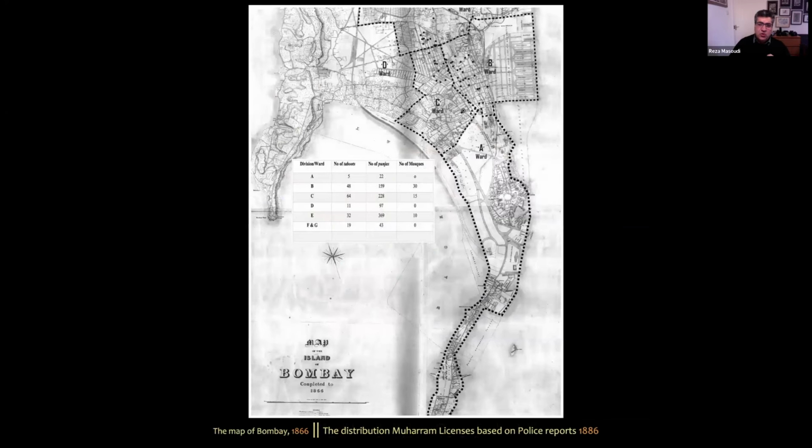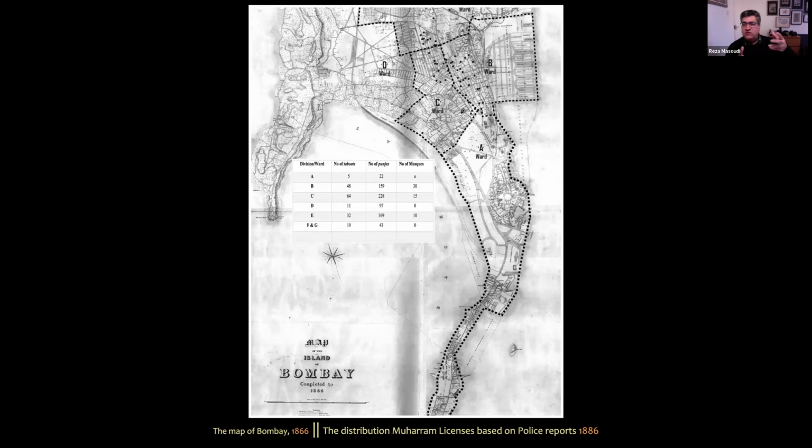But to understand the situation of Muharram, on another map, I put all the mosques on the map, and I went through a large number of police reports because, interestingly, during Muharram in the 19th century, the colonial authority issued licenses for Muharram rituals, and the licenses were divided for what is called tabut, panja, and